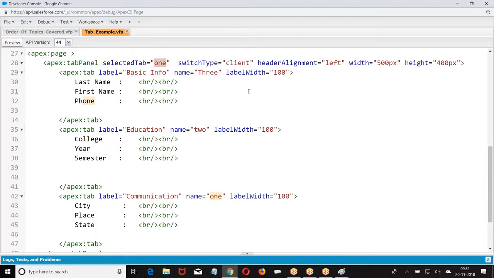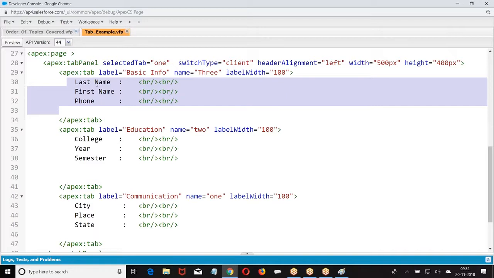Yes, sure. Now in the tab, we can write whatever you want. It can be a button or it can be a page block or it can be anything that you want. It's the body of the tab. Here in this place, you can define whatever you want. I can create page block buttons, I can create a button or whatever I want. It's your choice. Anything that is supported by the VF page can be added here within the tab.